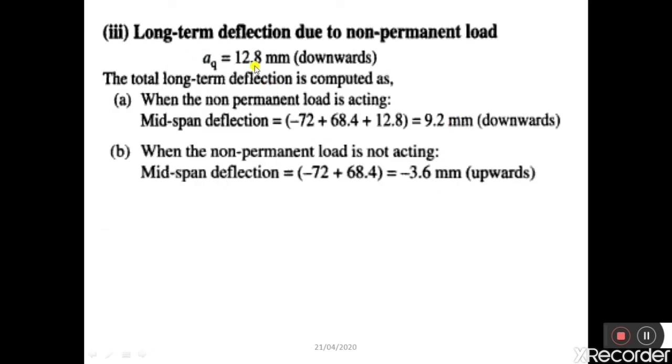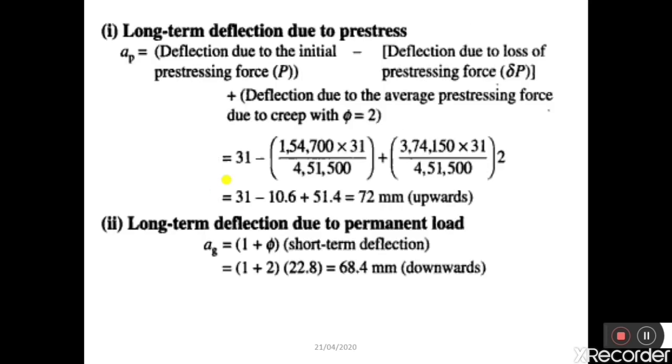So deflection due to live load is 12.8 mm and it is in the downward direction. So total long-term deflection is computed when the non-permanent load is acting. So when we consider live load active on a beam, then what will be the deflection for long time? That is 7 minus 72. So minus 72 is deflection due to